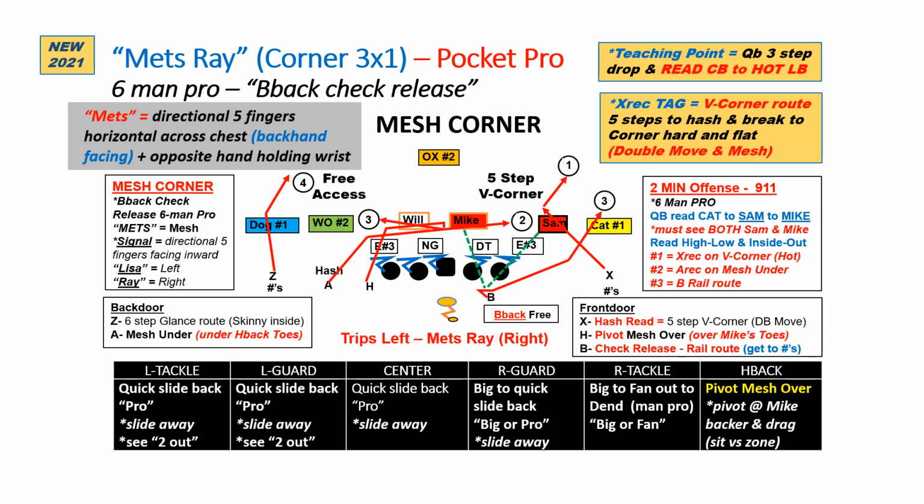Nothing changes out of 3x1 except the H will run his pivot mesh over. Again, the X will now run the double move with the V corner. We'll look to get that over top, down to the A on the under and the back 3 on the rail. You can see we've got a simple but efficient way to run our mesh